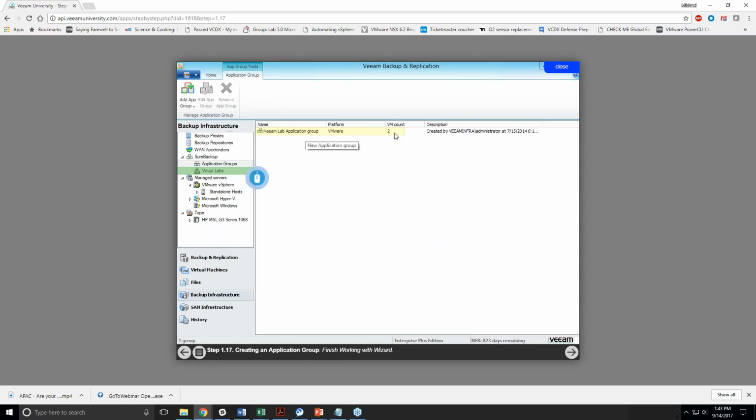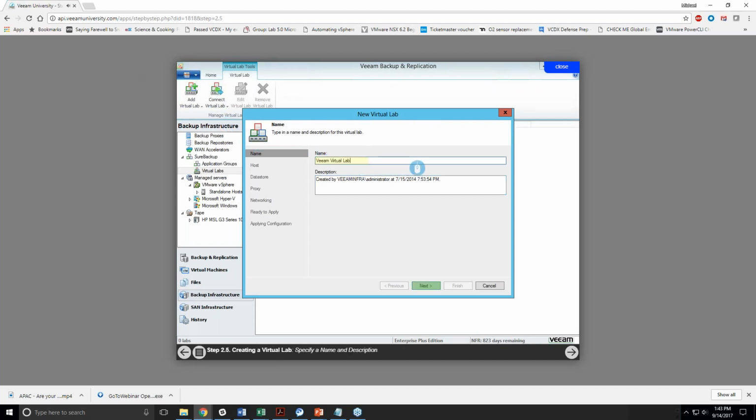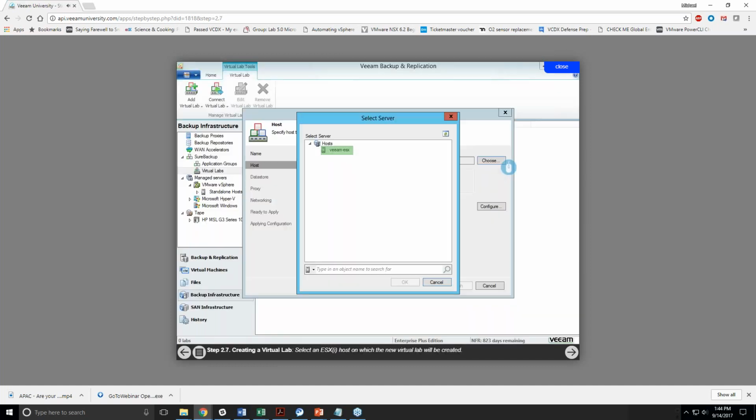So I've got here VM count. I'm a Veeam infra administrator, and that's 2014. I'm going to create a virtual lab now. Adding a virtual lab in here, again using VMware. We're going to type in our name, virtual lab, go to next, and then here we're going to go ahead